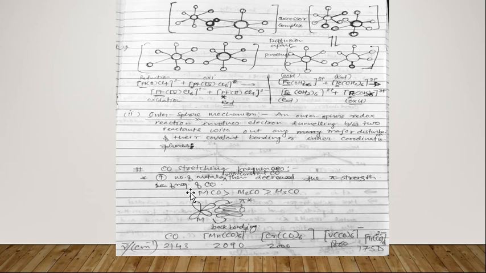If you see here, if the number of metals increases, the stretching frequency decreases. In an M3 metal species, the stretching frequency is lower,